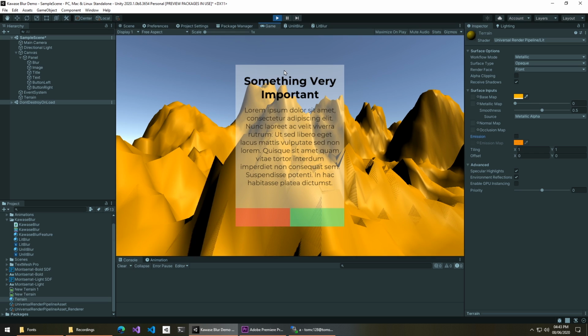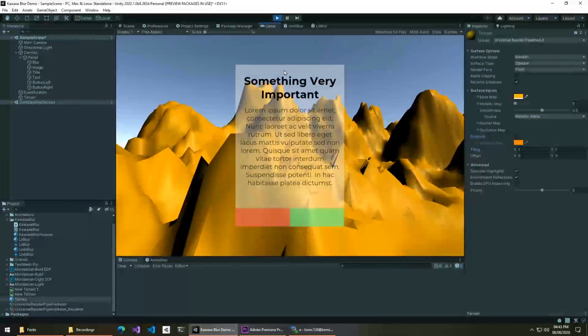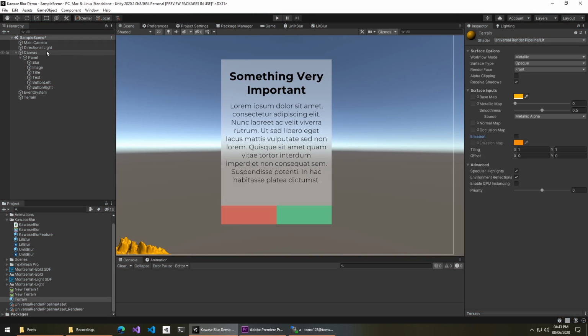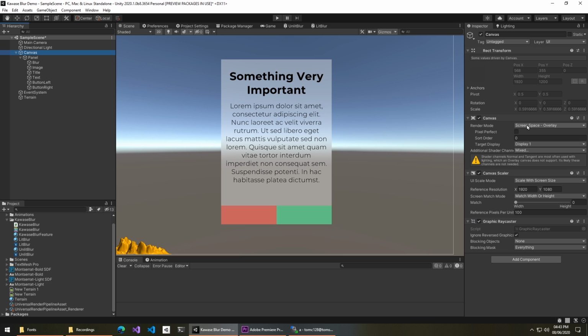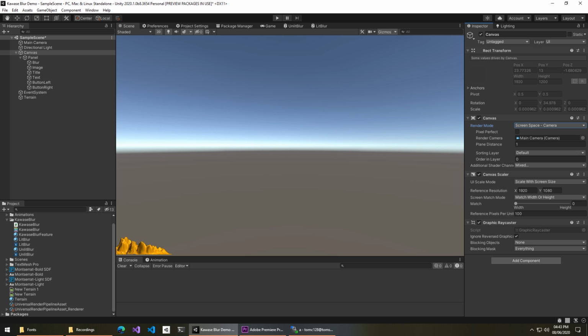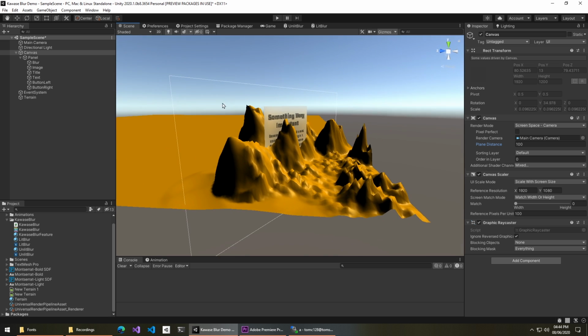And if we hit play, you should be able to see that it doesn't actually work, and that is because our canvas is currently set to screen space overlay. And for this effect to work, you've got to select screen space camera. So we're going to click that, and we need to make sure our main camera is assigned here if it isn't already. And if we press F to view it, you'll see that it's actually in front of the camera,